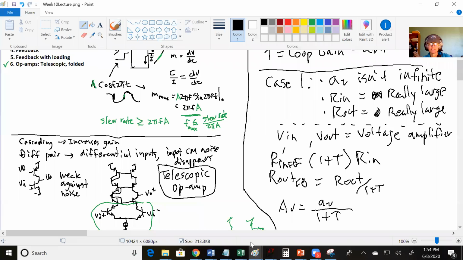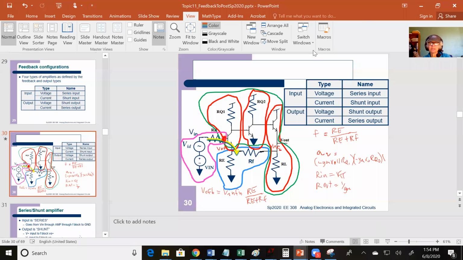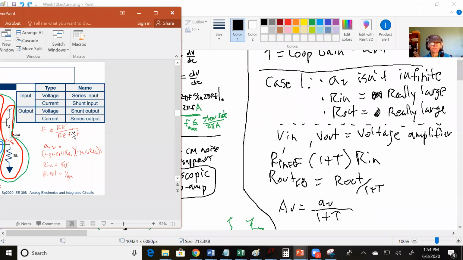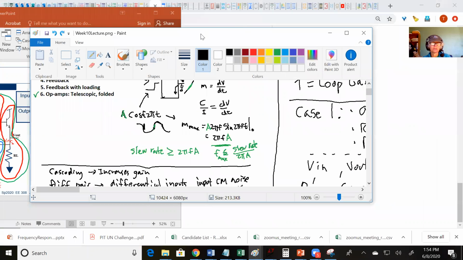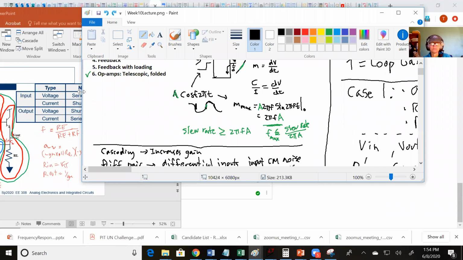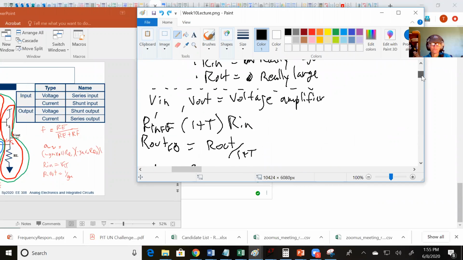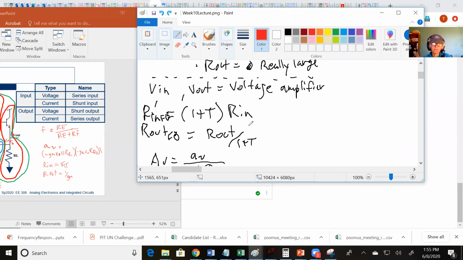Go back to Paint. Remember over here, we figured out that if R in was pretty big, then R in is 1 plus T times R in. So let's see if I can do it side by side. So we have our values for feedback. So if you apply this now,